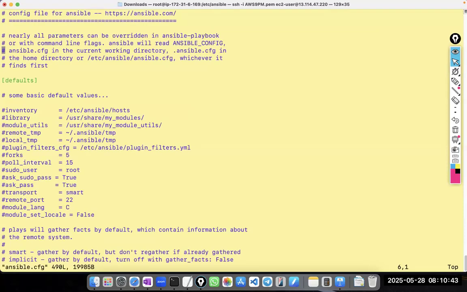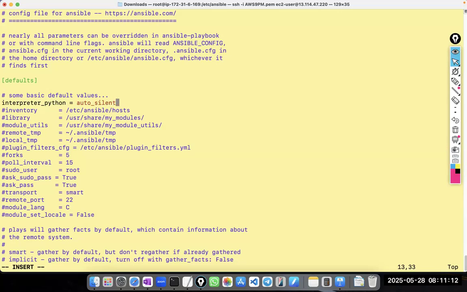Here only, we need to add something here: ansible inventory interpreter underscore python. Interpreter is equal to auto